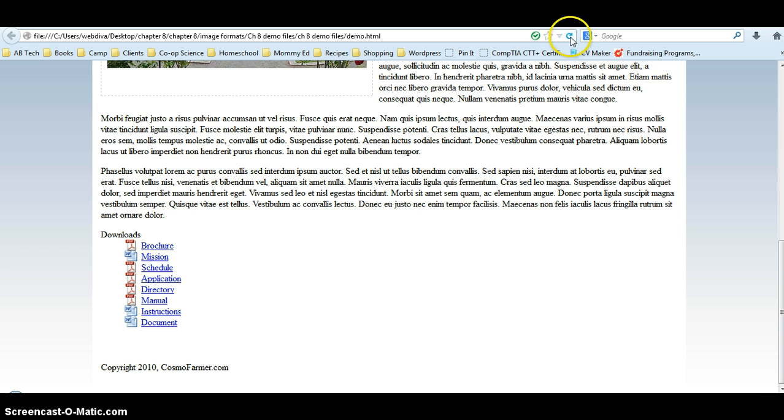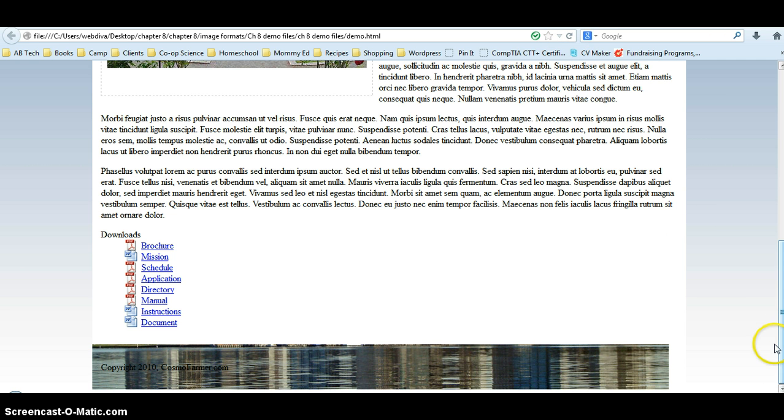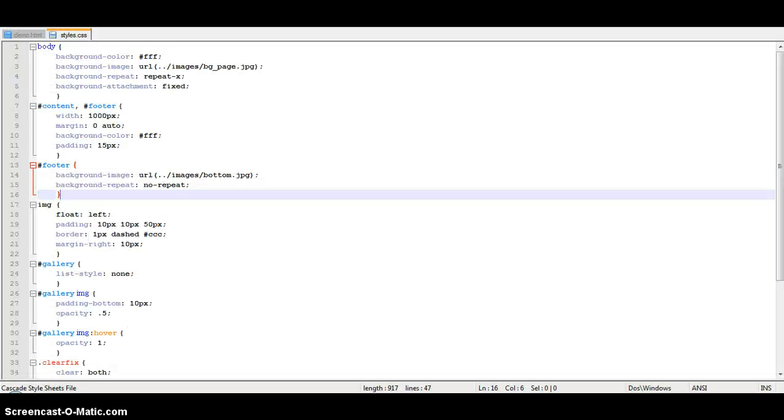Now, one thing you may or may not remember is that this container is 1,000 pixels plus an additional 30 pixels in width on either side because we added 15 pixels of padding on the left and right. And if you look closely at the image, you can kind of see it. This image starts over here at your top left because that is your default background positioning. But you've got about 30 pixels over here on the right. So let's say that we wanted this image to be placed in a way where it worked with the padding, right? So, you know, you could certainly play with margins and such, but rather than mess with any of that,